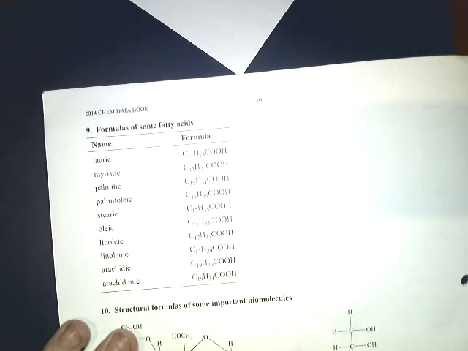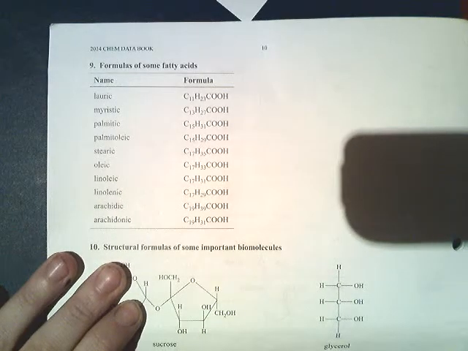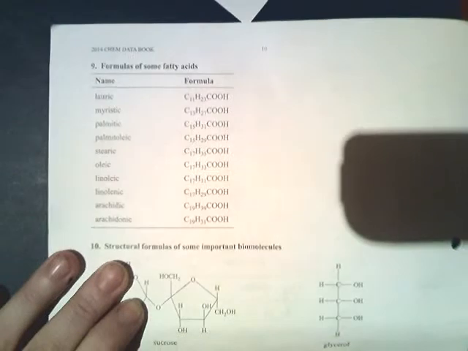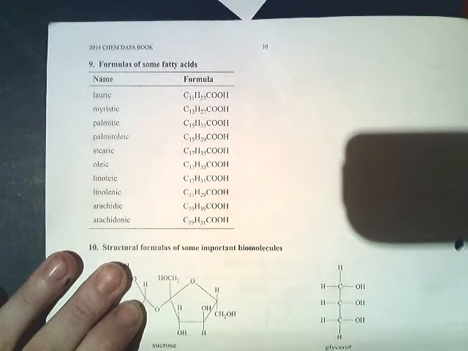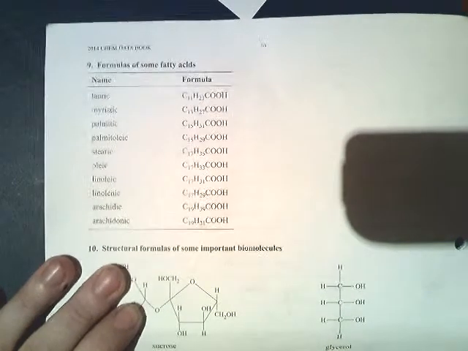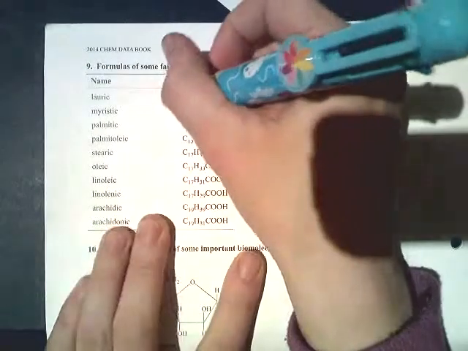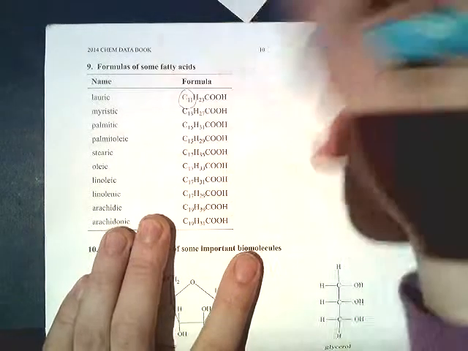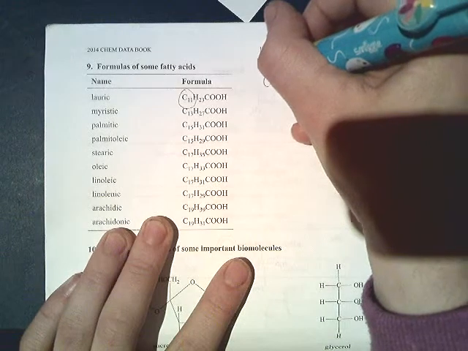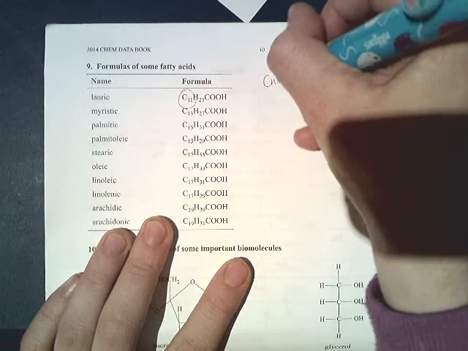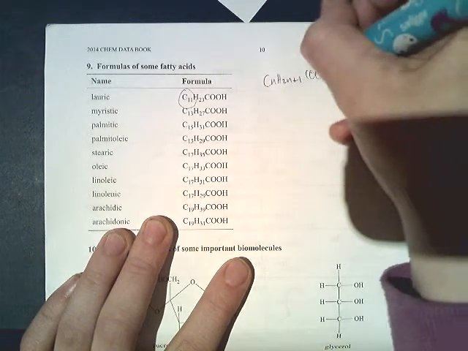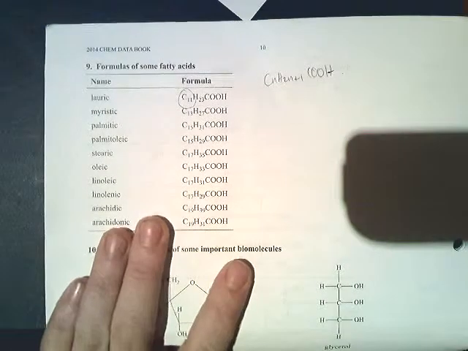Okay, so let's have a look at some examples in our data book. Okay, that's not too bad. So, we've got this C11. Now just going by that C11,